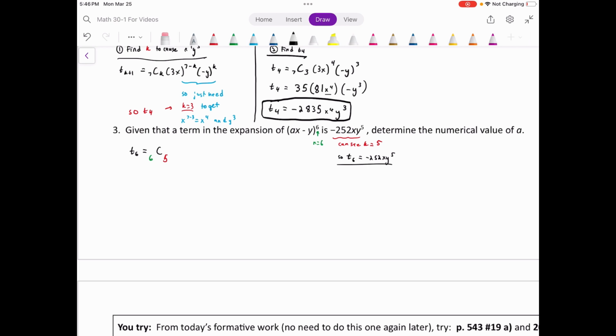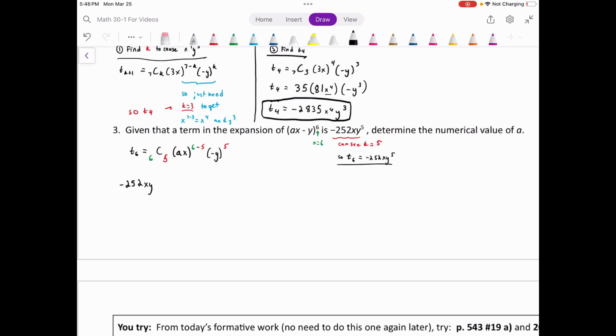We don't know what a is, but whatever it is, we do ax to the power of n minus k, so to the power of 6 minus 5, times our y, the second term in our binomial, which is negative y, to the power of k, which is 5, right? And we also know that T6 is this, the sixth term. So in other words, we can take this whole thing again, but make the left side just be negative 252